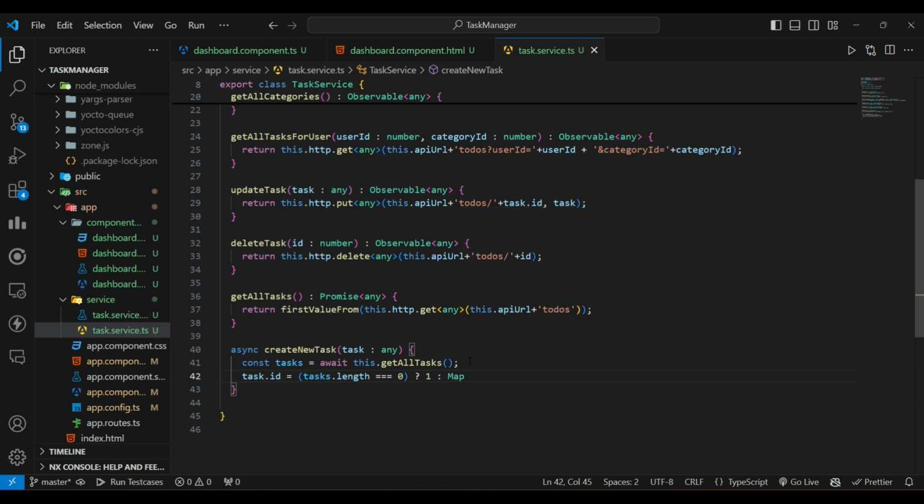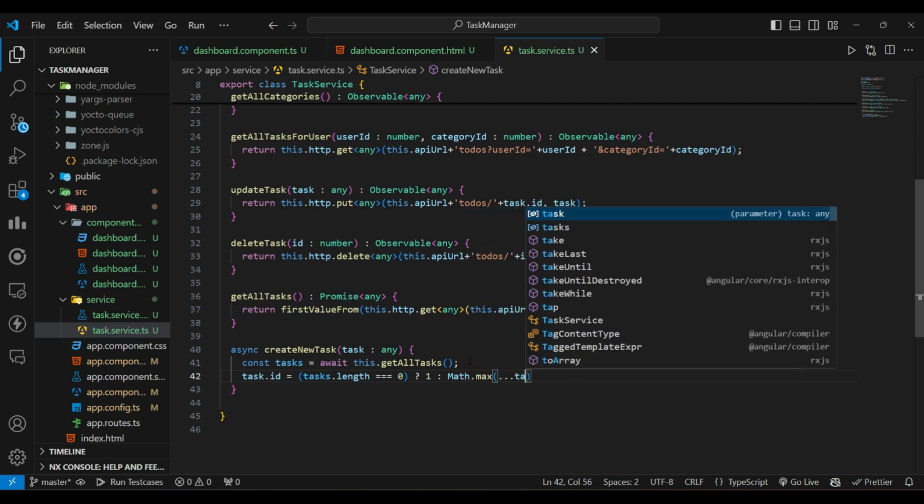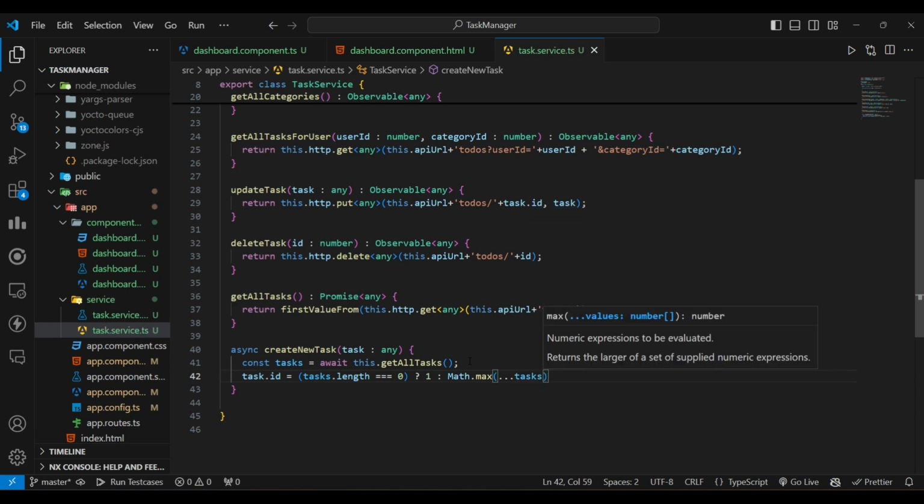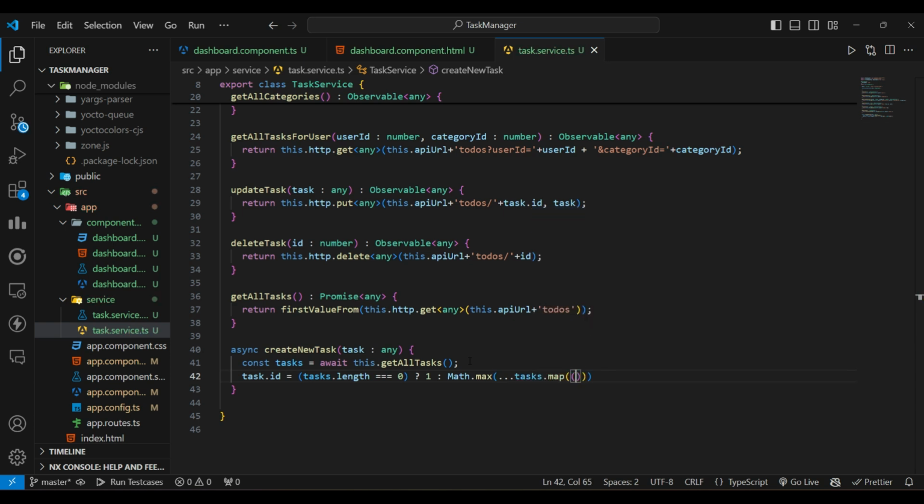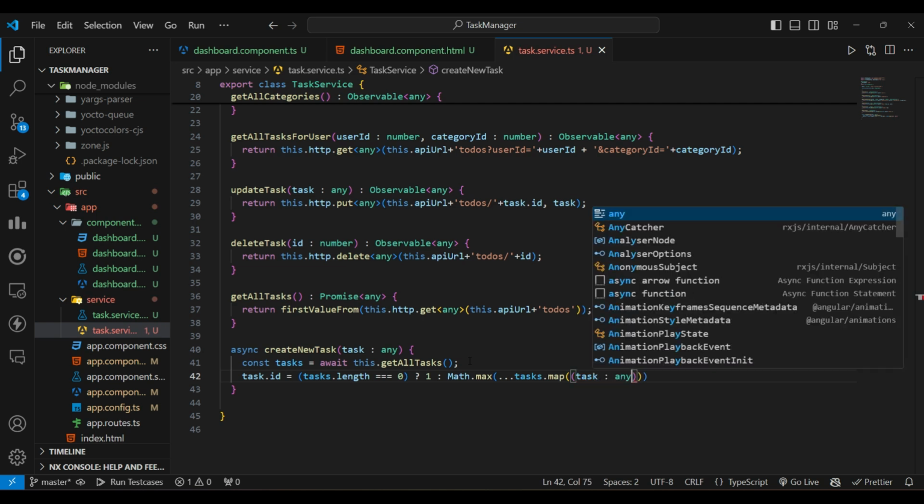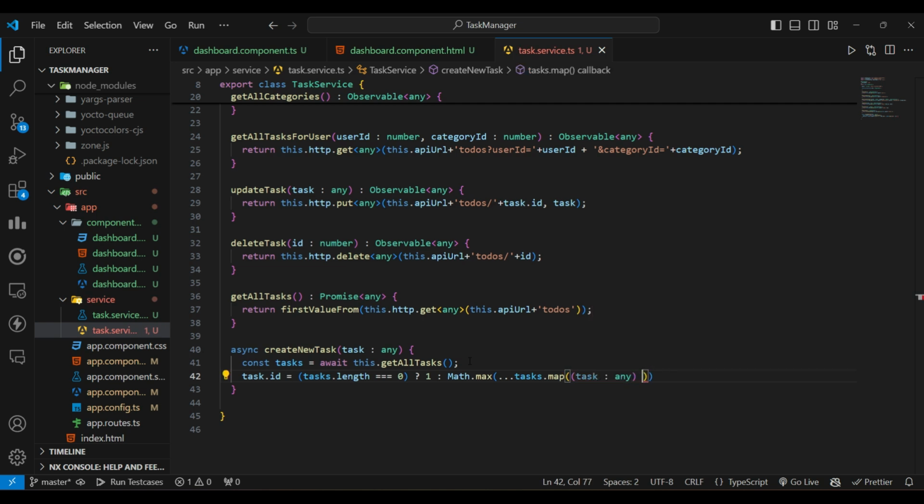Math dot max, task dot map, task of type any, task dot id plus 1. Okay,